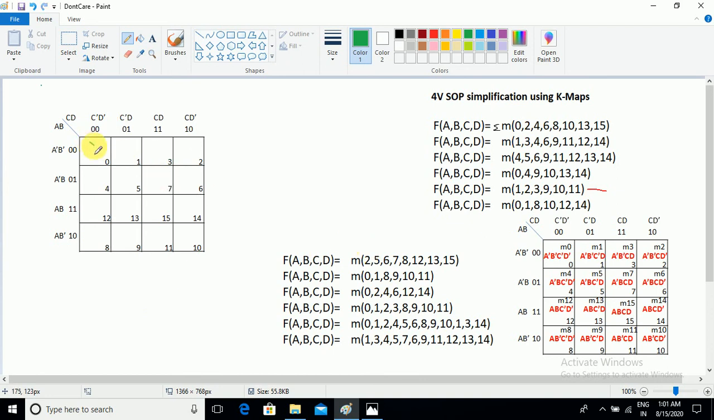0 1. Next one, next problem, 0 1, 0 1 8, 10, 12, 14. Okay, in this problem we have to think about the alternate for 0 and 1, but no alternates are